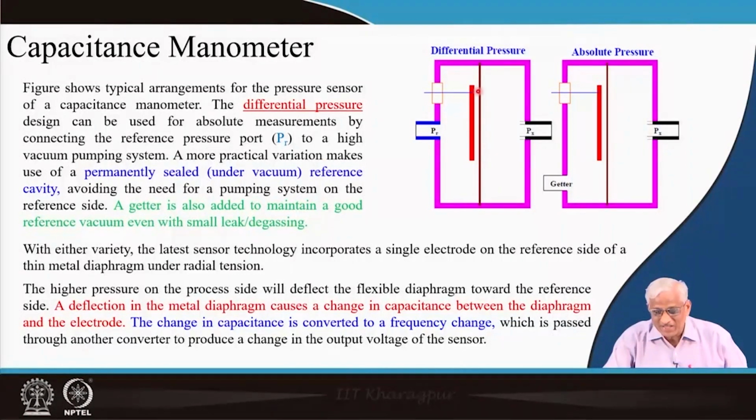And on one side a floating electrode is kept with an electrical insulator, which is connected to this metal again using a metal to ceramic joint. So, this is one pneumatic chamber, this is another pneumatic chamber, and this is connected to the pressure to be measured. This is to be connected to the reference, but instead of connecting to a reference pressure, you can seal it and use a local getter pump. We have discussed the adsorption pump already. No? A chemical getter, if you keep it. Once you evacuate, you can seal it somewhere, and afterwards a local pump will take care to maintain the vacuum